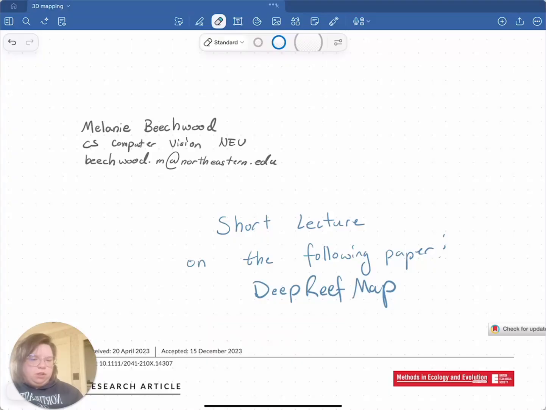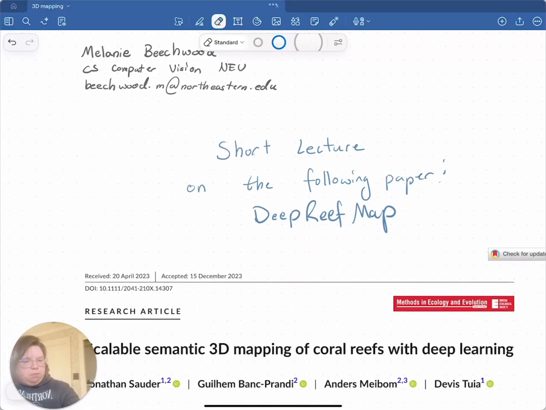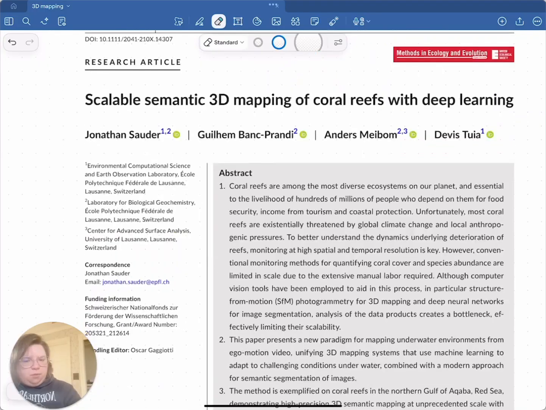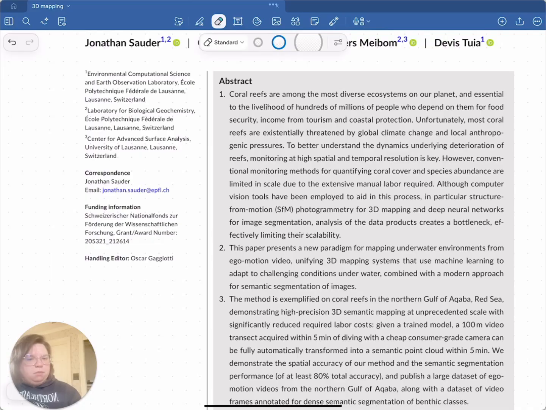And we're going to do a very short lecture on a paper that was published, a method for scalable semantics in deep learning, done back in 2023 for Methods in Ecology and Evolution. This was to help researchers on coral reefs be able to maintain and understand coral reefs better in something that is very, very labor intensive and can be very expensive for equipment and computation, and able to do that with one dive, a consumer grade camera, consumer grade compute, just one GPU, and have really good accuracy with what is